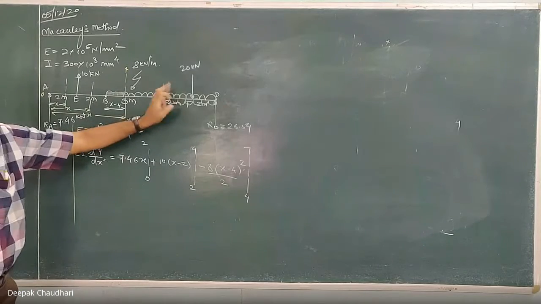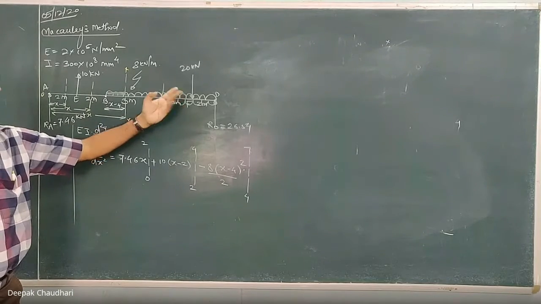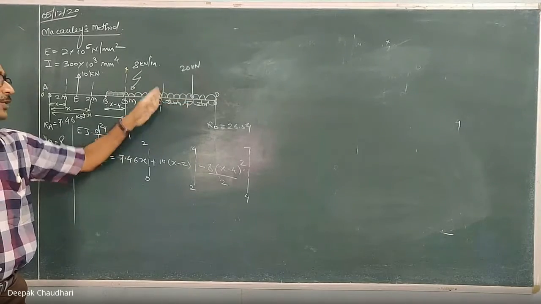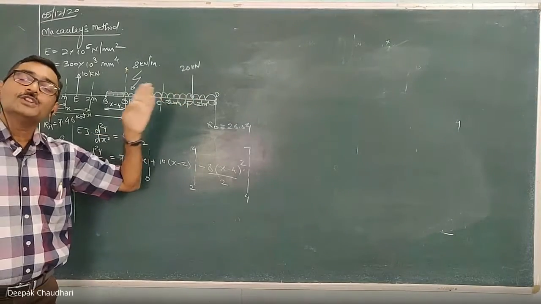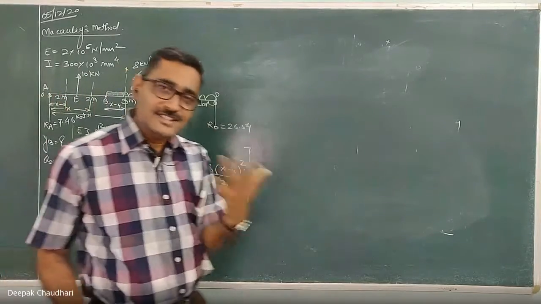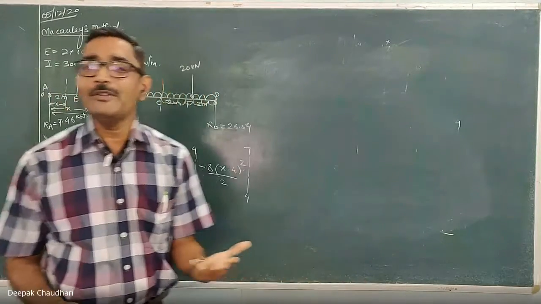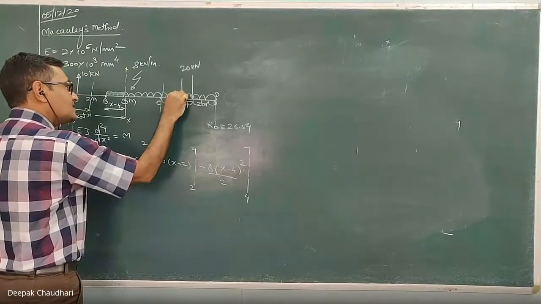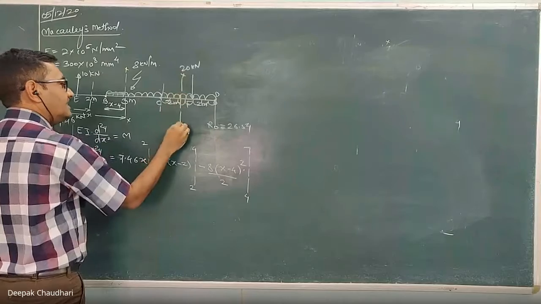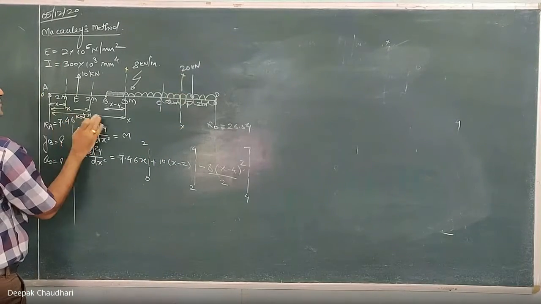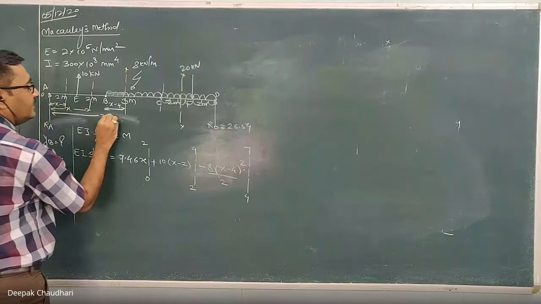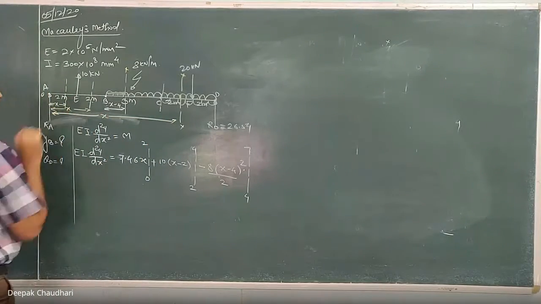Okay, now after C, earlier there was no load, or we added additional load, meaning at point C the loading again changes. Yes, since the loading changes, the equation of the bending moment will also change. That's why let's take the section after C at a distance of x from A.